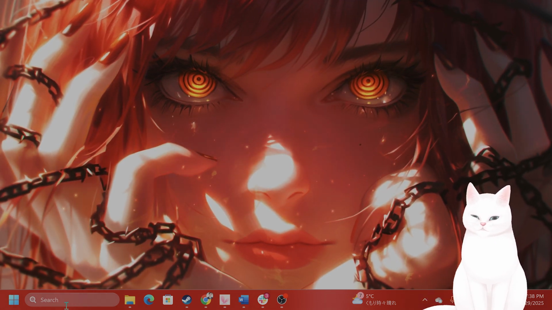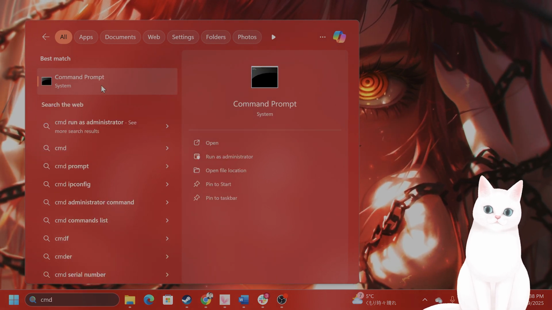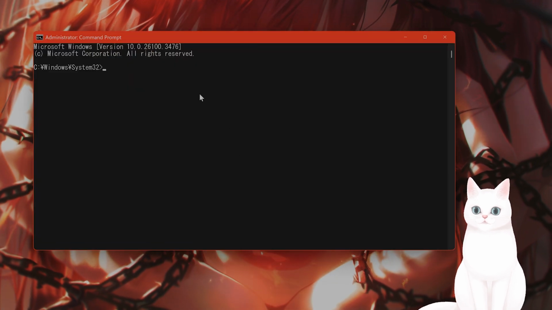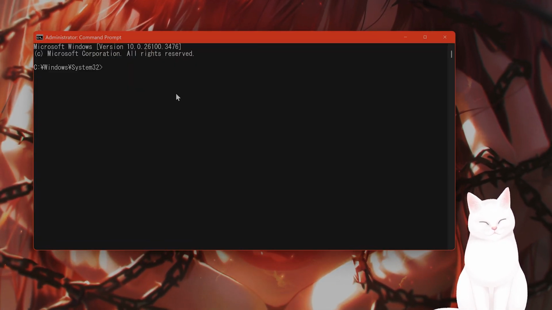Okay, first method is go into search on the bottom left, type in CMD. You're going to see a command prompt here. Right click on this and say run as administrator. It's going to ask for your permission to do so. After you've done that, type in